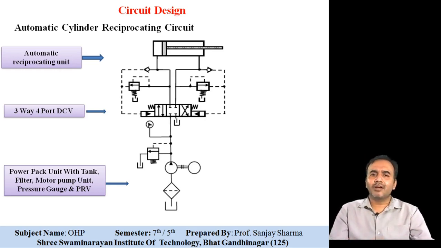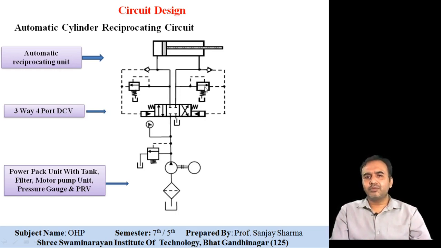Now what are the components that we need to see here first? This is again the three-way direction control valve, but it is the solenoid operated direction control valve. Here this is a pressure regulator switch. So this pressure regulator switch is very important. It plays a very important role here because the signal is to be sent to the DCV valve, and that is done by the pressure regulator switch.